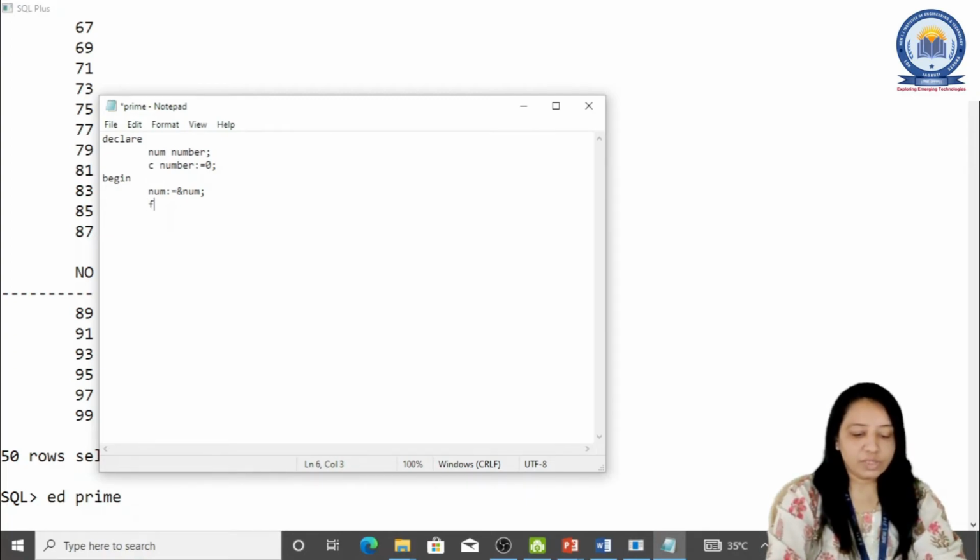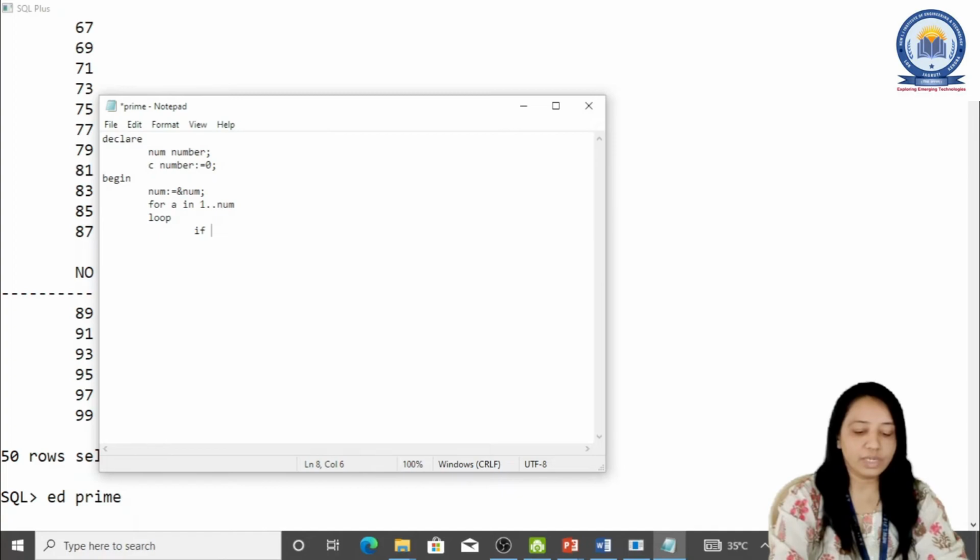After that, we'll take a for loop, for a in. Whatever variable we are taking in the for loop, there is no need to declare it. So for a in 1 to num, we'll start counting the factors, from 1 up to the number. So we are counting how many factors there are for the particular num. Then we'll start a loop. In that one, we'll see whether the number is divisible or not.